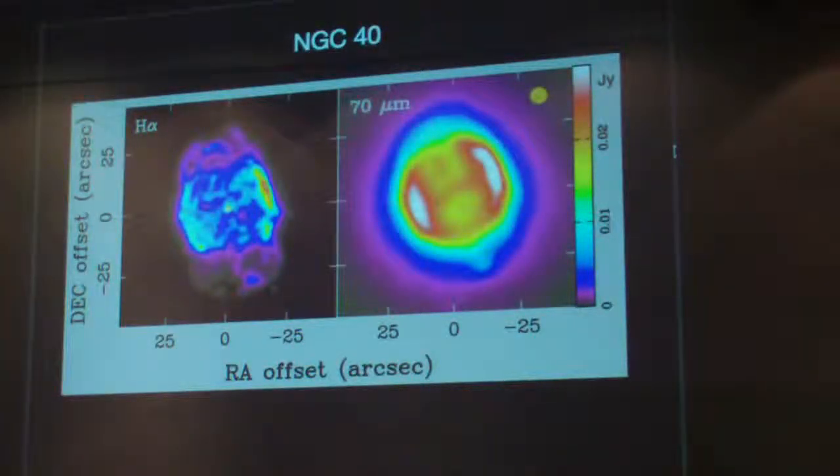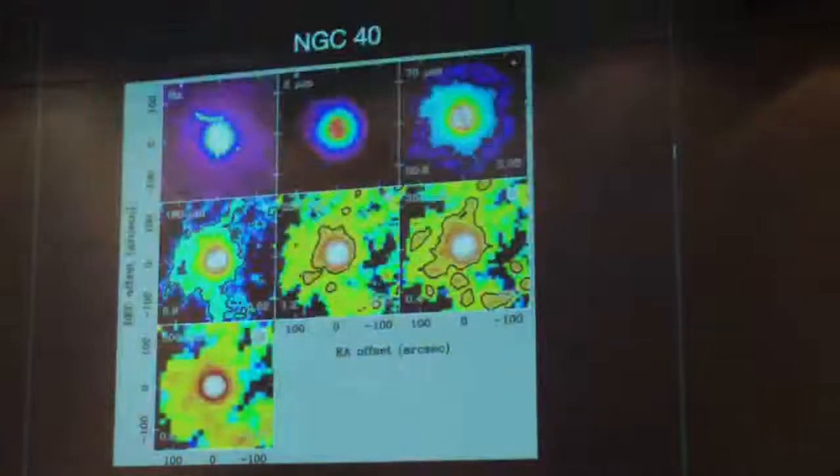NGC 40 is a low excitation planetary nebula, elliptical. On the left we have the H-alpha map, and on the right the HerPlans 70 micron map. On the top right you have the beam size for our data. In the H-alpha we see the very bright elliptical inner core, and we basically resolve that as well in the 70 micron map. And if we zoom out,